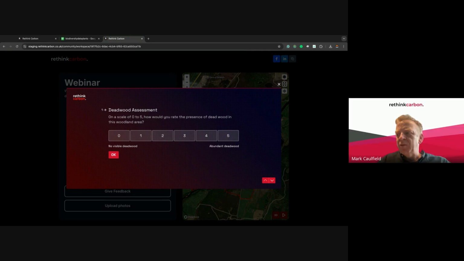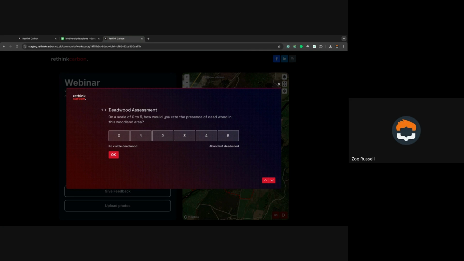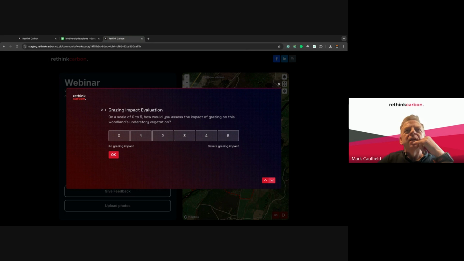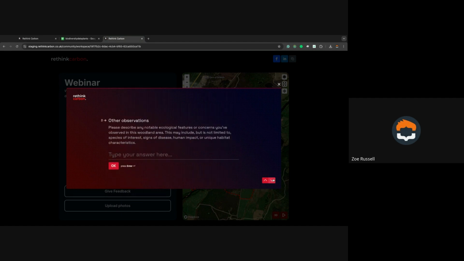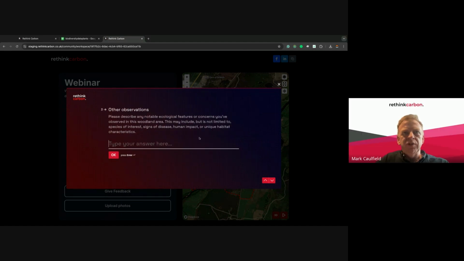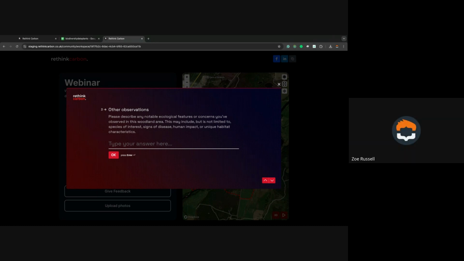Okay, so I've got a deadwood assessment, Zoe. Okay, so I'm just looking at the woodland here. Obviously, this is a very basic woodland survey. There's a little bit of fallen deadwood, not very much standing, so I'm going to give it quite a low score. I'll give it a 1. And then you've got the grazing impact evaluation. Yeah, so this bit of woodland, I know because my dogs chase them occasionally, it's full of roe deer, and so there's lots of grazing pressure. So I'm going to say it's quite high. There's not a lot of regen here. Fantastic. Then you've got the other observations, Zoe, just free-form text. Okay, I'll just type a few words